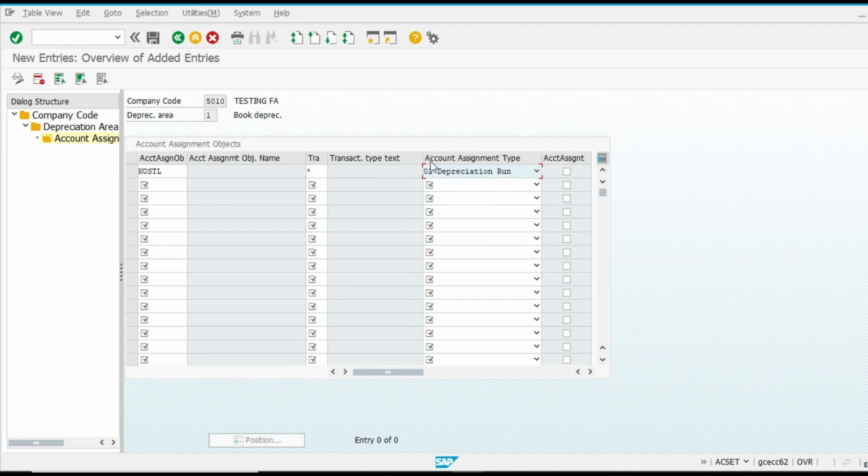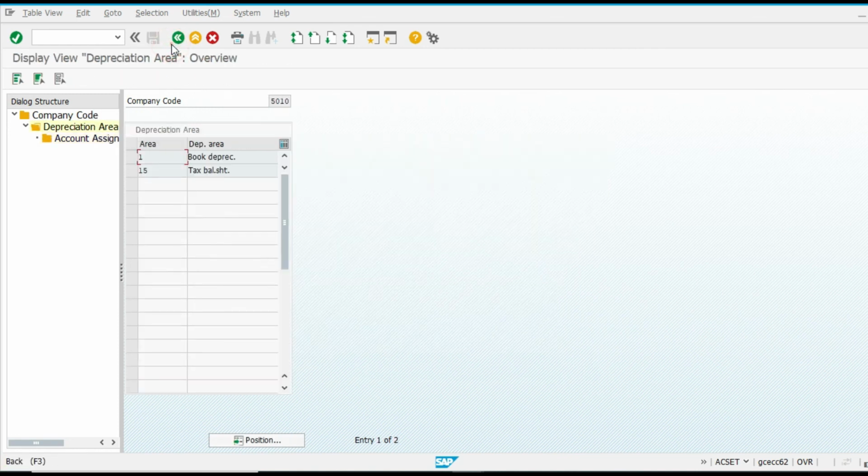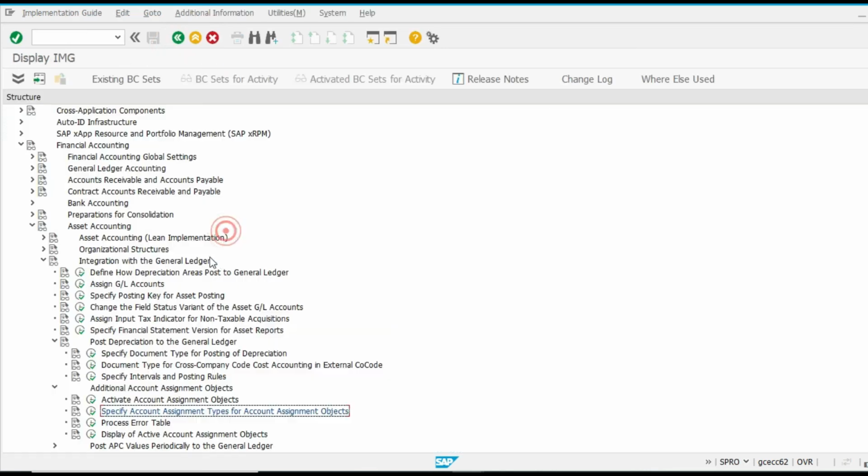Now whenever depreciation is run, the cost object, cost center, will move to GL. This is the function. For more detail, we can select this one.